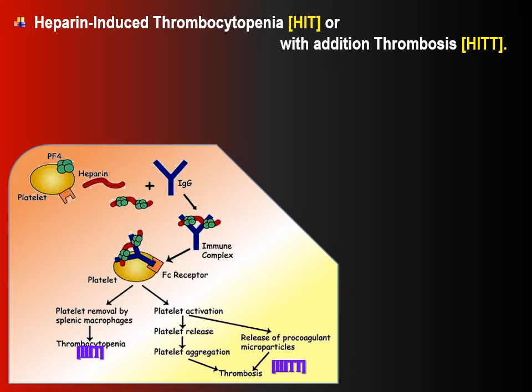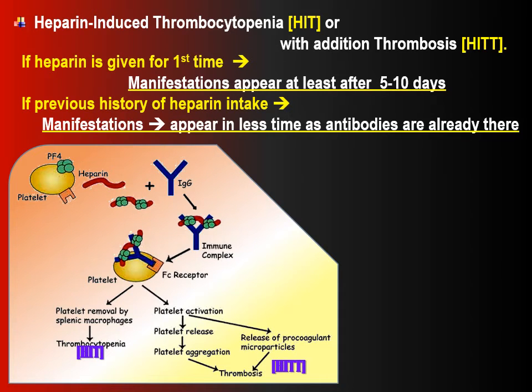A very common side effect of unfractionated heparin is the heparin-induced thrombocytopenia, HIT, or heparin-induced thrombocytopenia with thrombosis, with two T's, HITT. It can happen if the heparin is given the first time. The manifestation will be at least after 5 to 10 days. And now if there is a previous history of heparin intake before, it can appear in less time as antibodies are already formed. It is an immune reaction